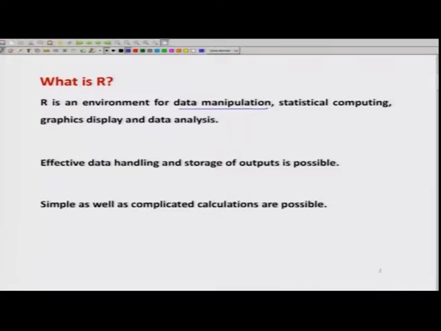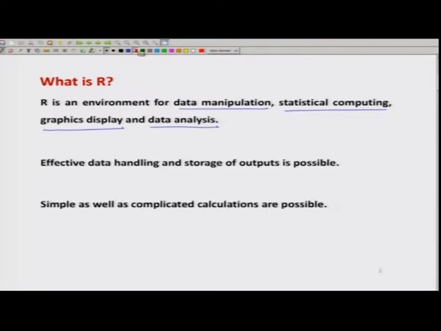Similar to them, R is another software. R has an advantage: it can do data manipulation, statistical computing as well as simulations. R is capable of graphical display, and it can also help us in doing different types of data analysis.